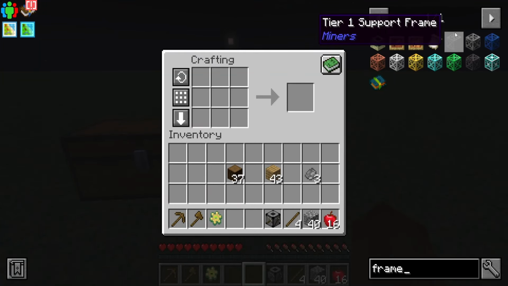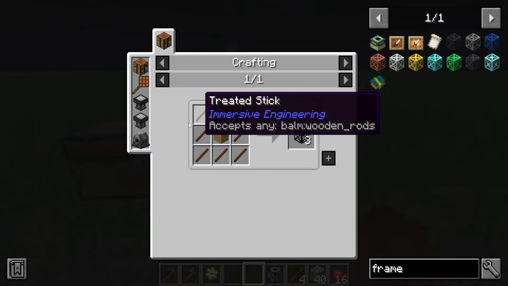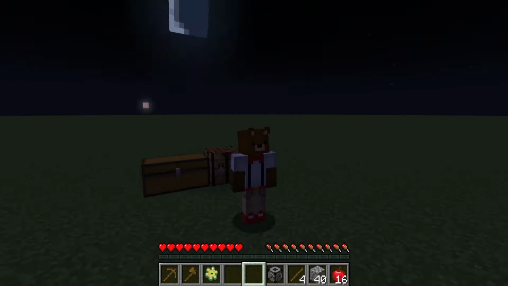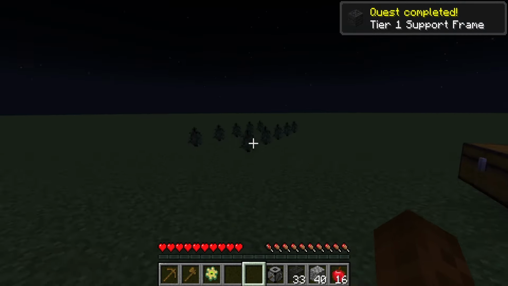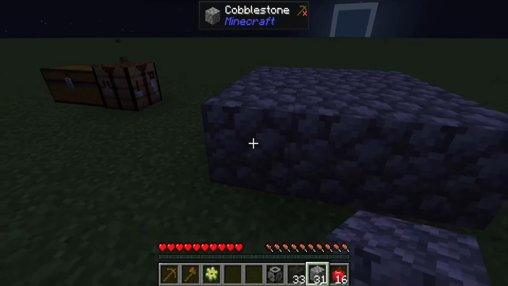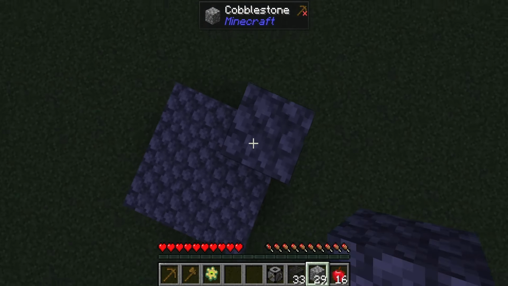So these things here are what you need to make the miner multi-block. At the moment, we can only make tier 1 frame, but I mean, we only started like 15 minutes ago, so cut me some slack here. So let's do this. And that. And let's make up 32 miners. So the way this works is you put down a 3x3, you go up 4, like so,